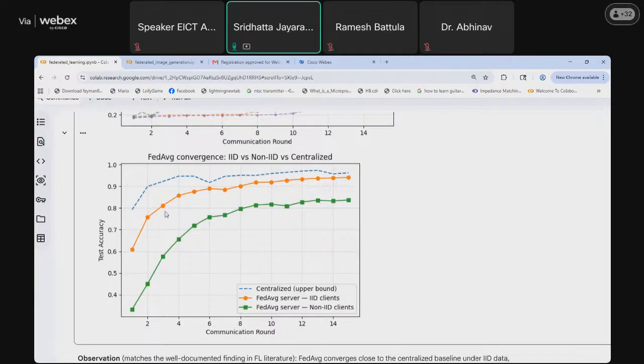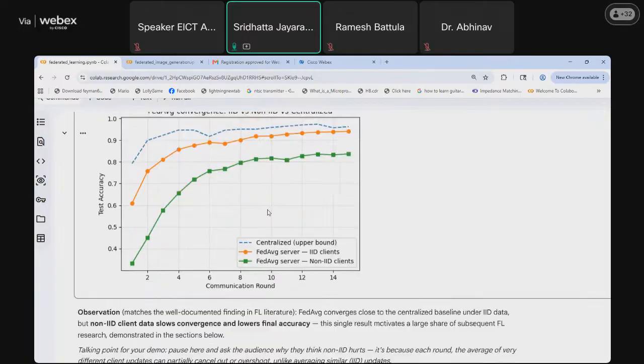The FedAvg algorithm using IID clients clearly drove up to that. But when we changed to a skewed distribution, the FedAvg algorithm was not able to catch up with that performance. This clearly shows how important the data distribution across the clients is, and how challenging it is to solve the problem of skewed data in the federated learning scenario.